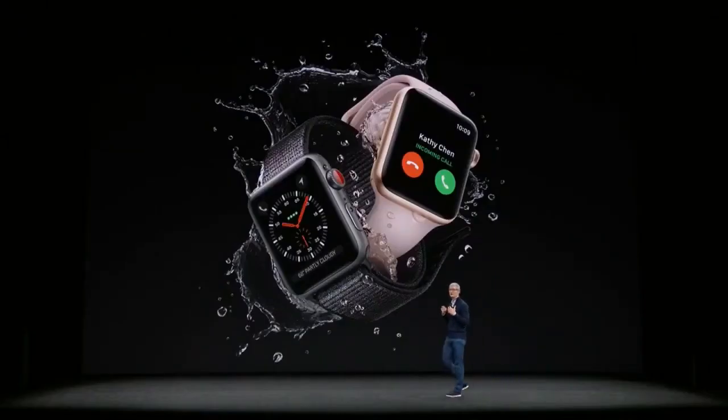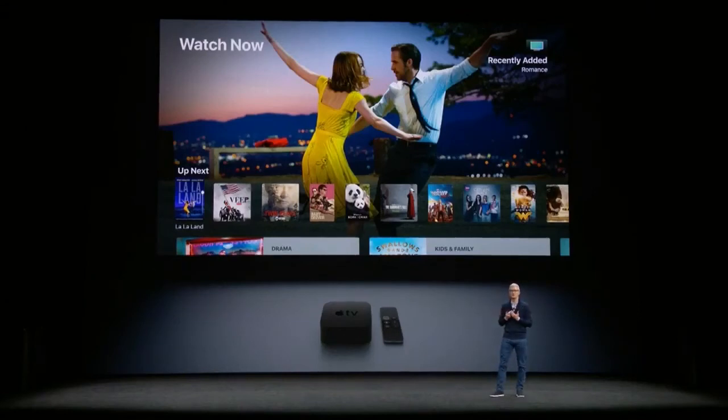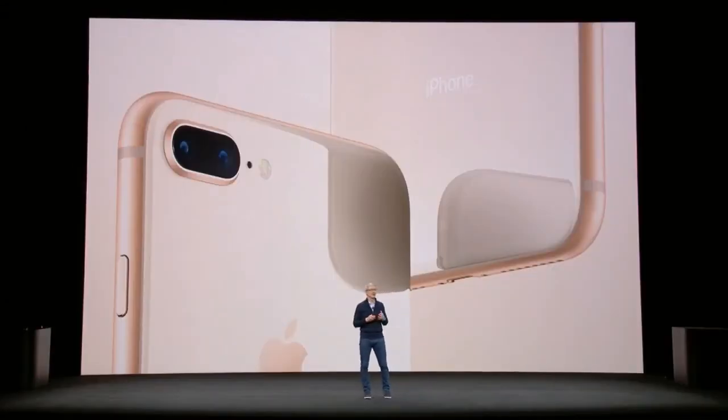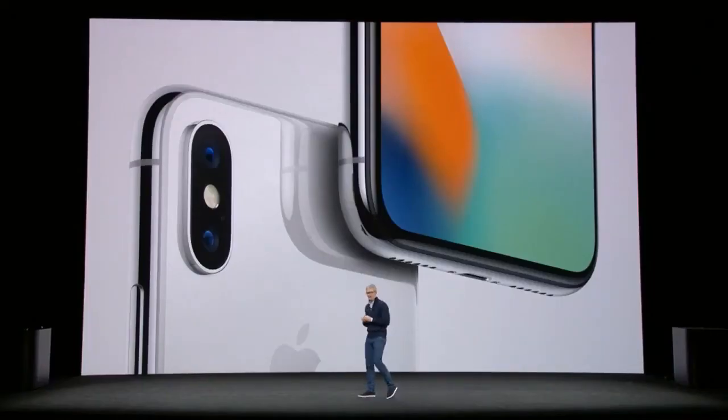Apple Watch Series 3 with cellular, which gives you the freedom to go anywhere you want with or without your iPhone. Apple TV 4K brings the magic of the cinema straight to your living room. iPhone 8, a beautiful glass design, incredible cameras, wireless charging. And iPhone 10, the most advanced iPhone we've ever made. The incredible new design, Face ID, TrueDepth camera system, and more powerful technologies than we've ever put in an iPhone before. And we begin this morning